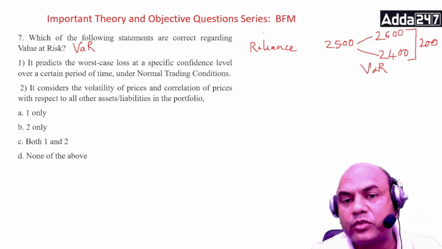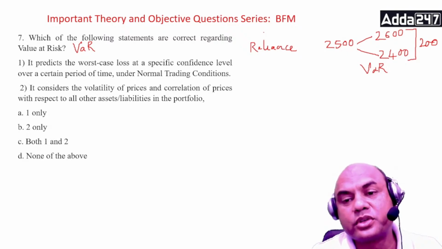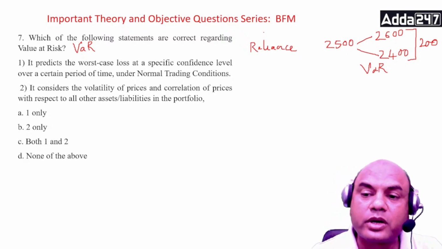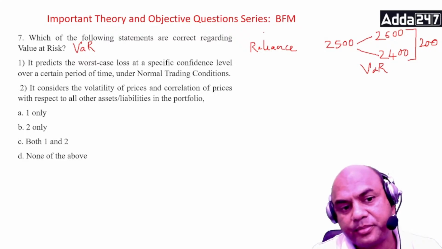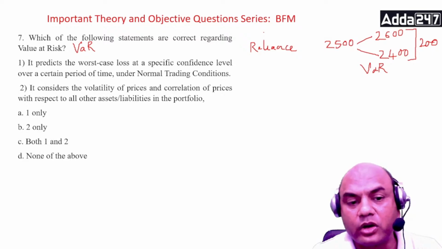Entire 2500 of yours is not at risk. Only this 200 is at risk. So here the provisions made are also on 200 only, not on 2500. Got it? That is the meaning of VAR. It predicts the worst case loss at a specific